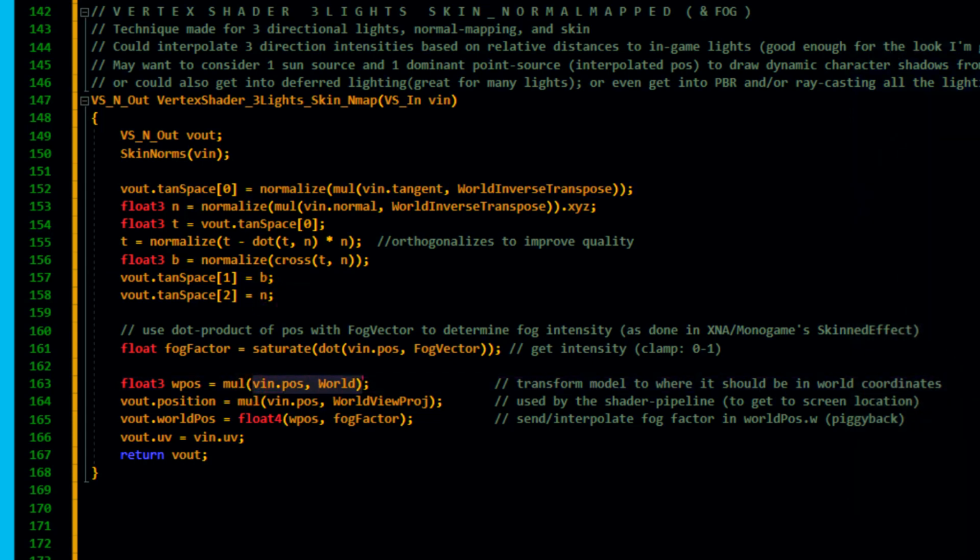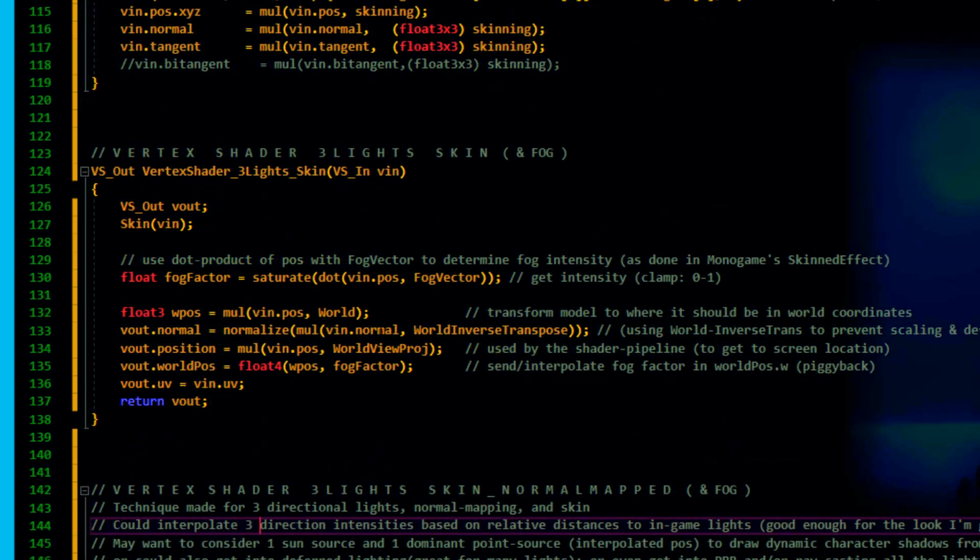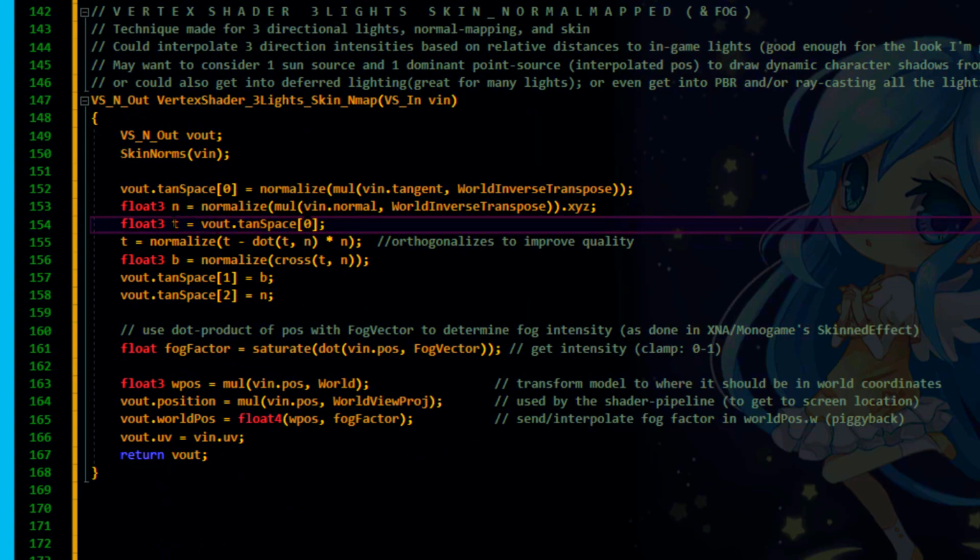So to get our position into world space, we multiply by the world transform. In the case of our tangent, we're going to use the world inverse transpose. Same with the normal. And that's the same thing we did up in this one, normal, for the same reason. Just to make this line a bit shorter, I said t is equal to this result that we